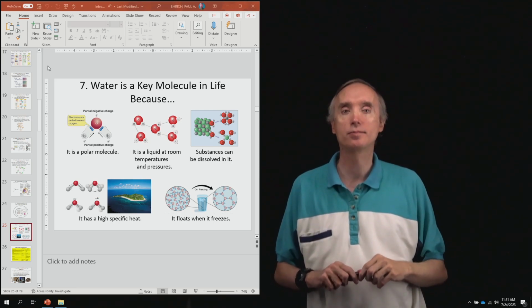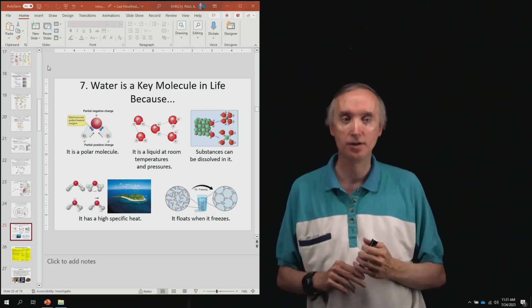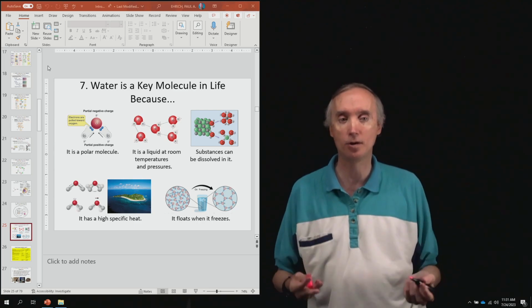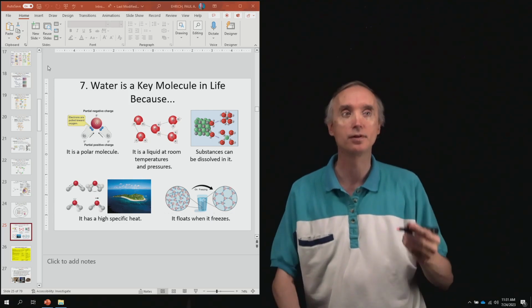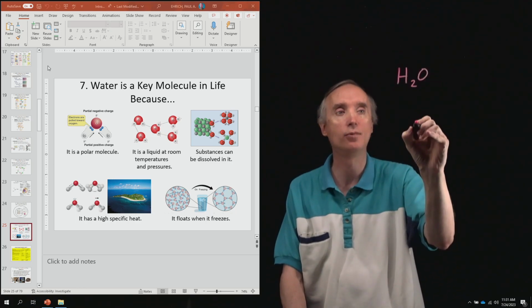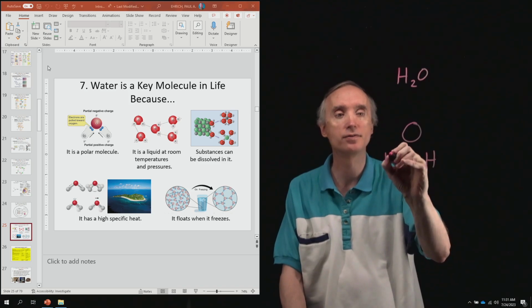Okay, now we want to talk about why water is a key molecule in life. So we need to understand the structure of water because that's going to explain all of its chemical properties. So water is H2O. So that means it's got one oxygen and it's going to have two hydrogens attached to